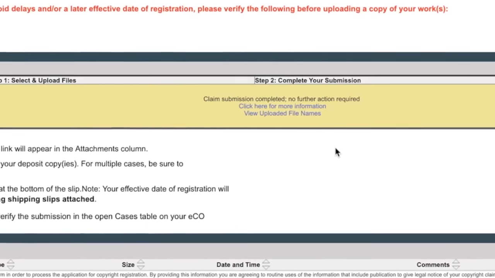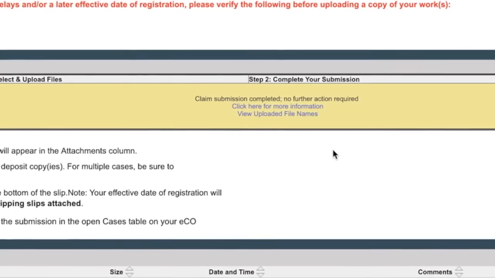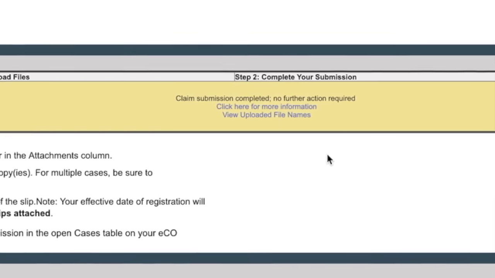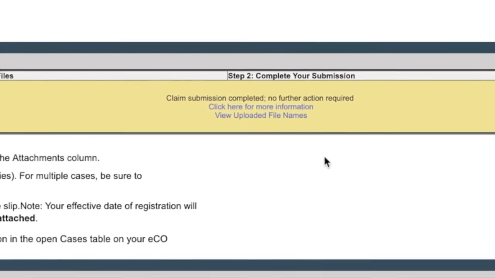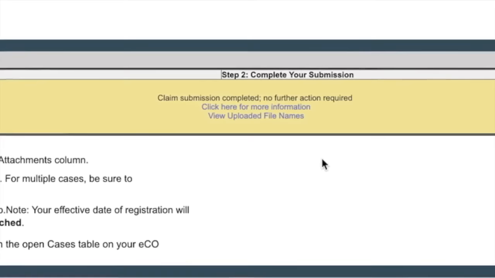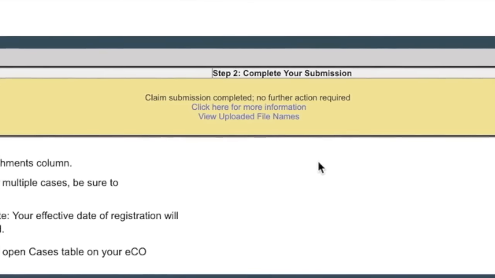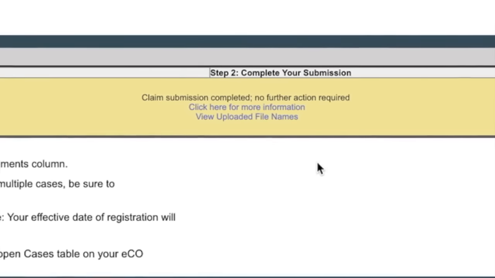But normally you just wait, and in 6 to 10 months you will receive a certificate with proof of your copyright. But as I said, you are protected as of the moment you finish the submission and see that yellow box. So you're done. Now, if you